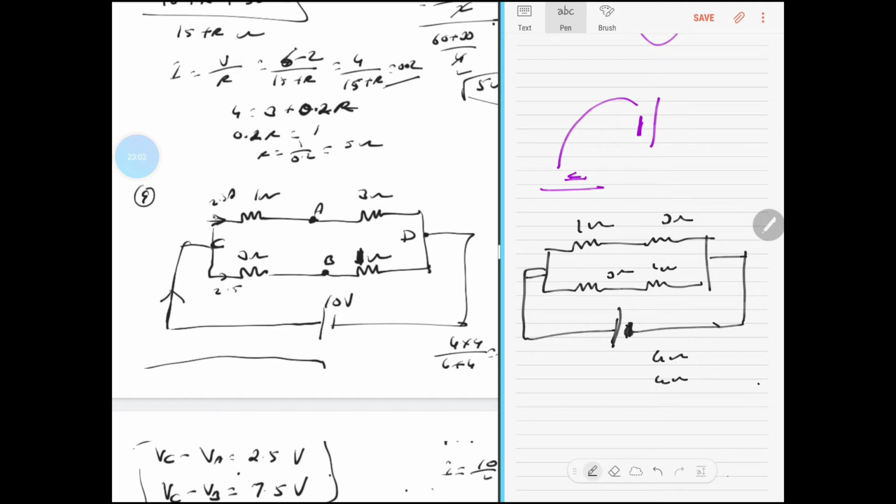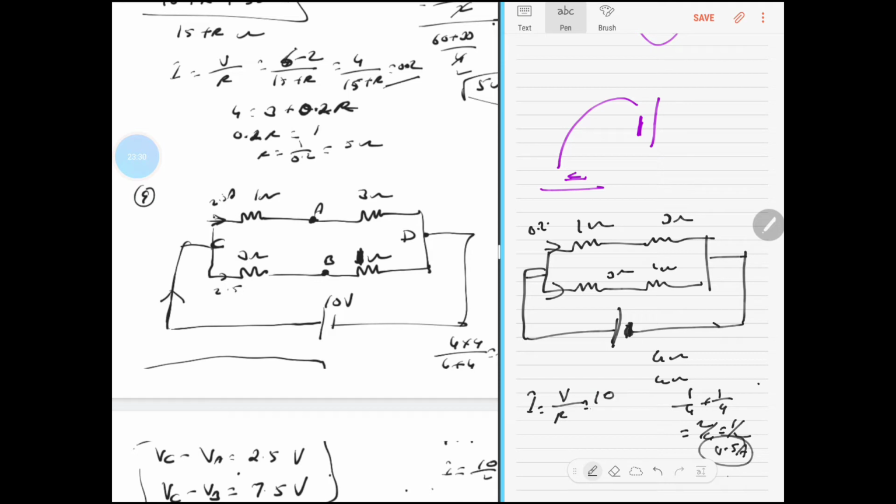So what's the equivalent resistance? 1 by 4 plus 1 by 4, which is 2 by 4, which is 1 by 2, which is 0.5 amps is the current, and it's going to split equally, and therefore I've written 0.5 by 2, 0.25. You found the equivalent resistance, and I is equal to V by R.